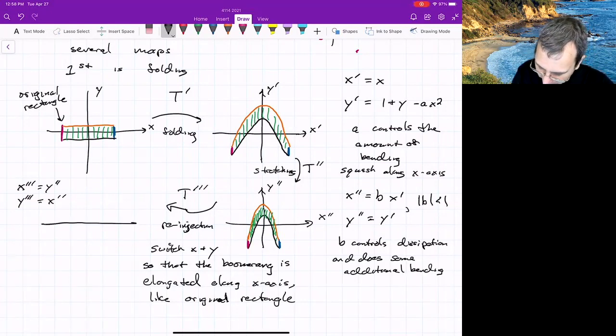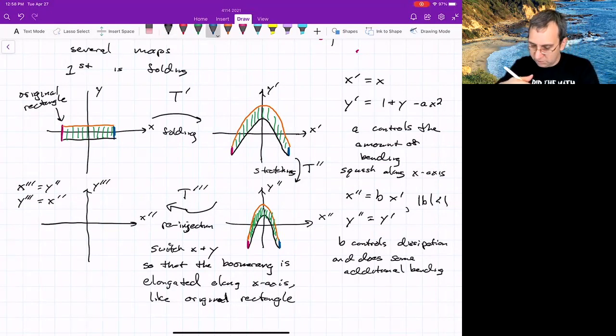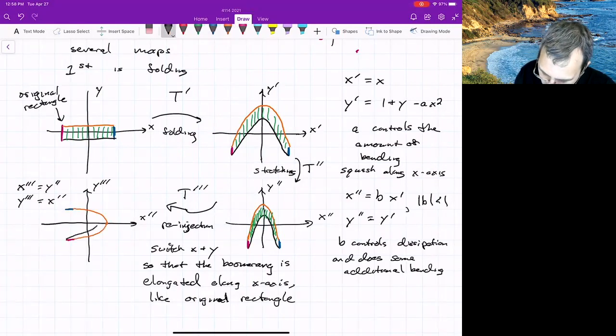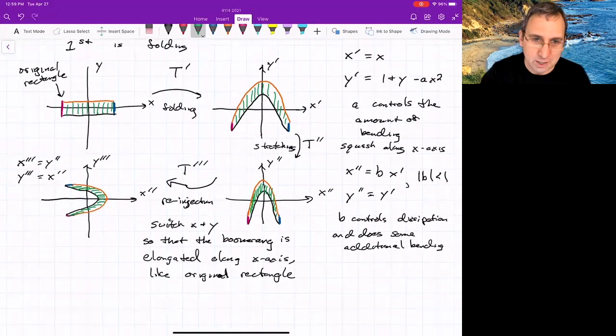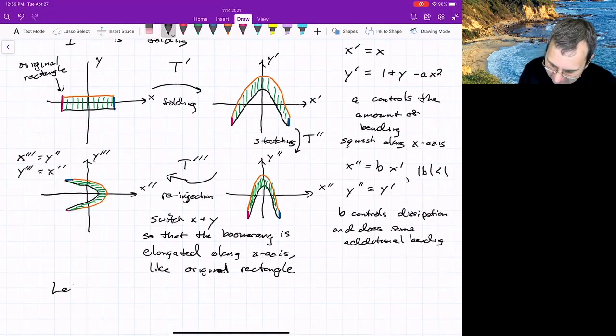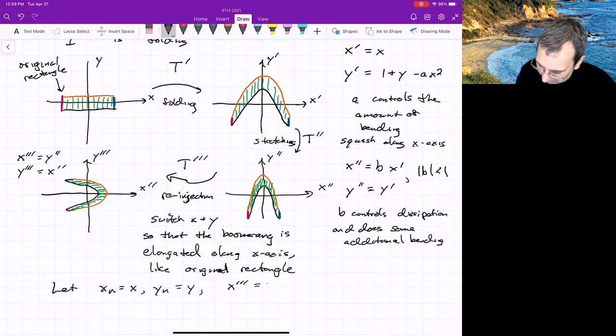And what do we get? Really need to be careful about the colors here. So if we do this, we get something like this now. And if I were to track what those green lines were doing, this is what the map does. And if you take the composition of these three, you get the map that we wrote up above. Let xn equals x, yn equals y, x triple prime is xn plus 1, y triple prime is yn plus 1,